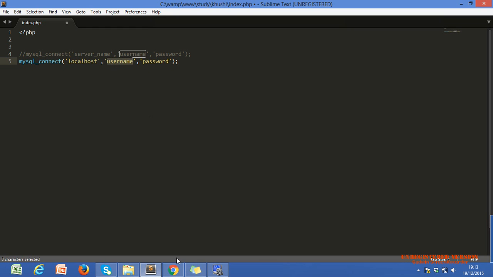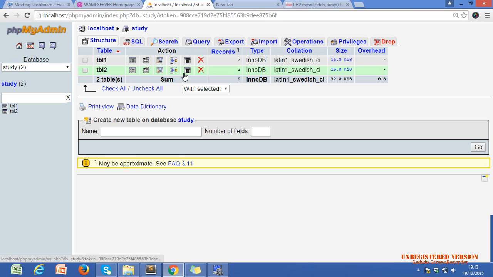Whenever we open this, by default it doesn't need a username and password. This is our database screen, so we would have to log in first, but by default there is no need to log in. There is no credential set in our MySQL on the local system.